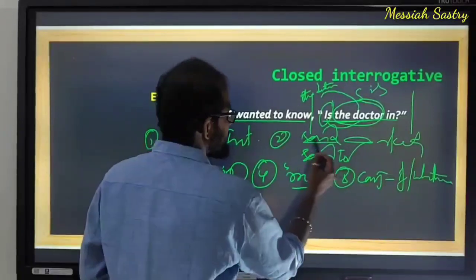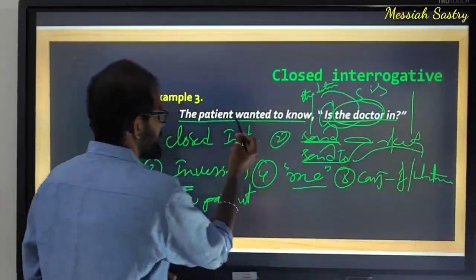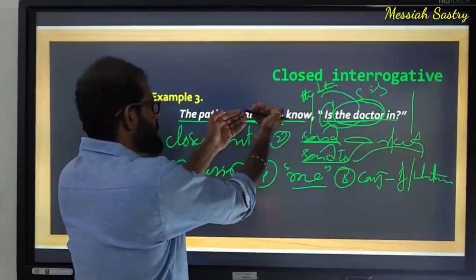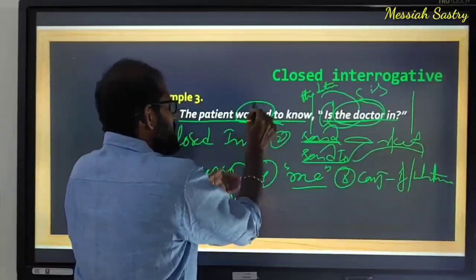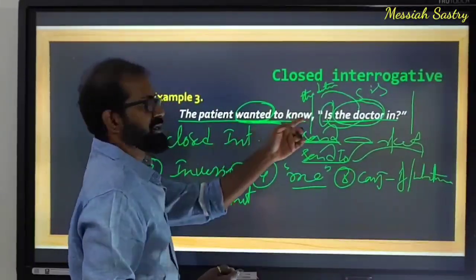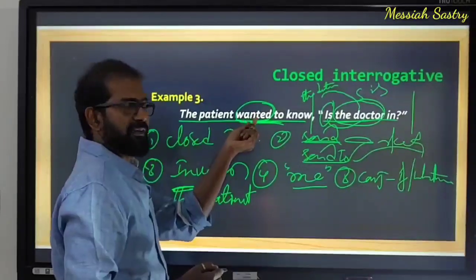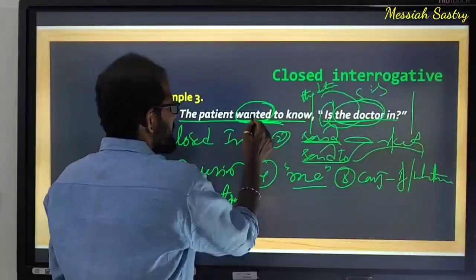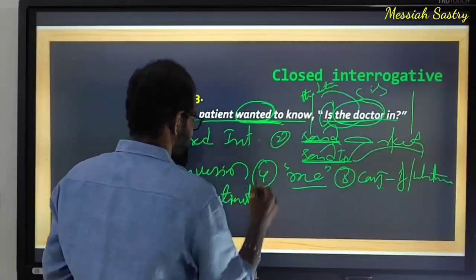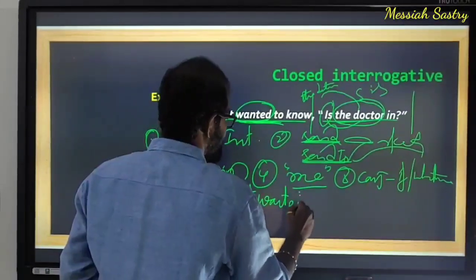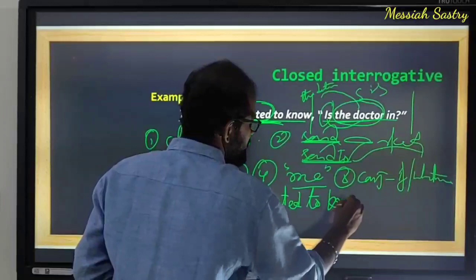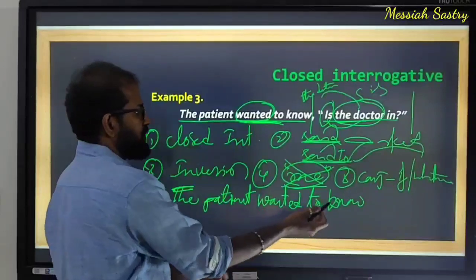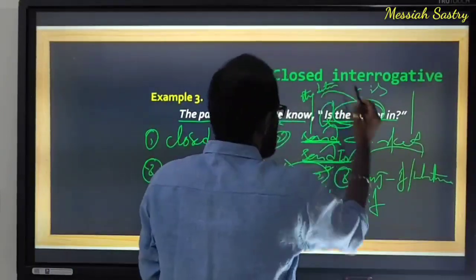Here we can't change said or said to into asked, because there is no said or said to here. So when there is no said or said to, we use the same reporting verb. This is the reporting clause, this is the reporting verb. Wanted is a reporting verb. We use the same reporting verb while changing direct to indirect when there is no said or said to. So we write the same. Wanted to know. So here we need not mention the listener. The patient wanted to know, conjunction, if the doctor